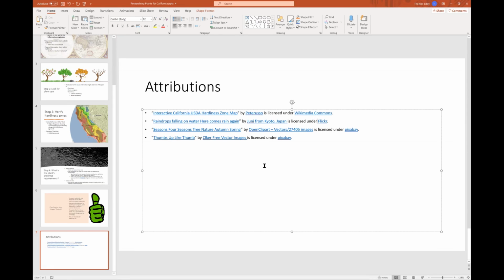Okay. And if you rely on copyrighted photos from nurseries and all that, well, what happens when they change it? What happens if they decide they want to do a different picture? Then you've lost that connection. And with Wikimedia Commons and Flickr and even Pixabay, if they're viable, chances are those photos are going to be there for a very long time.